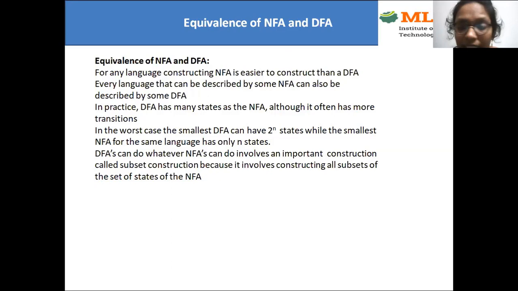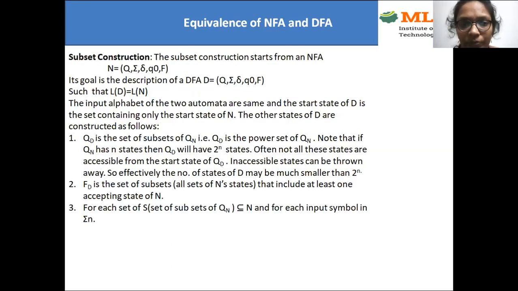Now while converting an NFA into a DFA, the important thing is the subset construction. That is the important point here. If we know the subset construction, we are able to convert an NFA into DFA. So we'll see how to construct those subsets. This is the process for constructing subsets. Consider an NFA, which is a five-tuple notation. We need to convert it into a DFA, which is again a five-tuple notation. The only thing that changes is delta, the transition function.